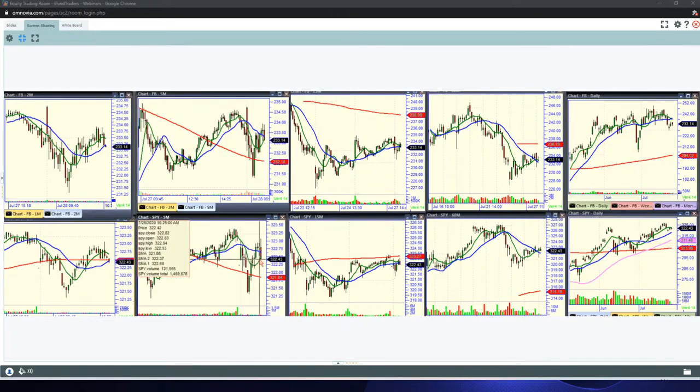On that SPY short, it'd be nice if we get through. Remember that 8 hooking is potential support. If we can break this, 322 is the target. If not, I would go 75 on the trail. That'll put you back over the 2-minute bar, back over the 2-minute 8, and that would be a pretty good reversal off the little 2-minute chart. So I'd say bring the stop down to 75 and see if we can fight off this hooked 8, and we'll go for 322 for the big SPY short there.